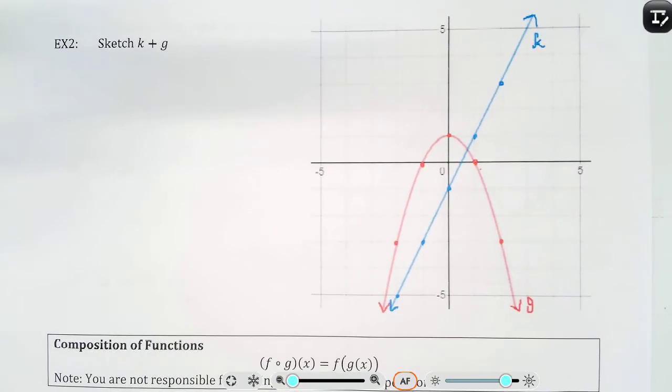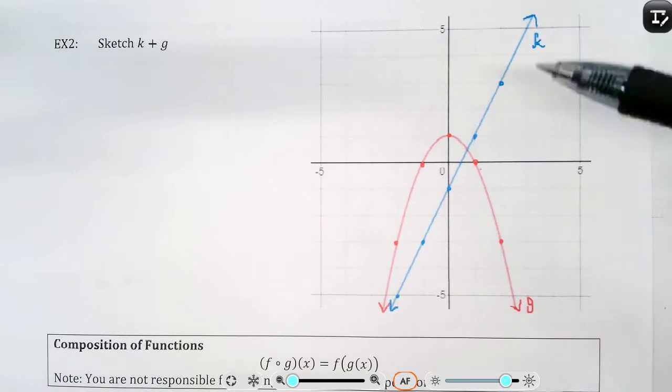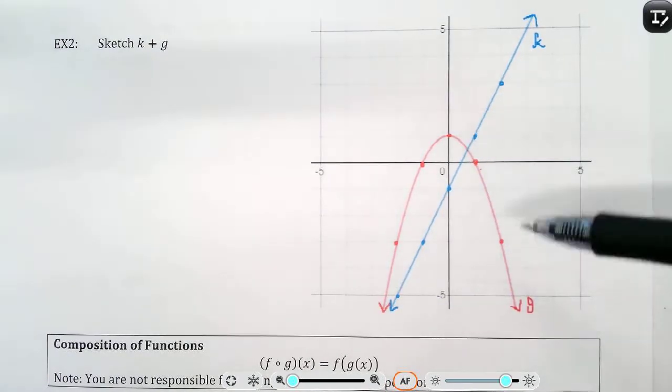Okay, so example 2. So we're given a graph this time, so two functions that are given in graphical form. One is a linear function, that's the line, the blue one. The other one is a quadratic function, which gives us the parabola. Okay, so